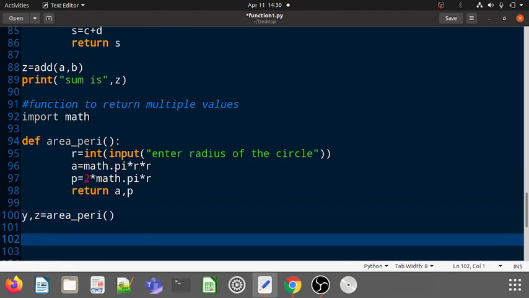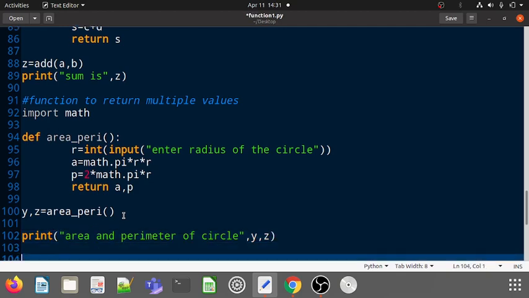And output you will print area and perimeter of circle, y comma z. In Python your function can return multiple values. So however many values it is returning, that many variables you will have to take on the left hand side when you are calling that particular function.